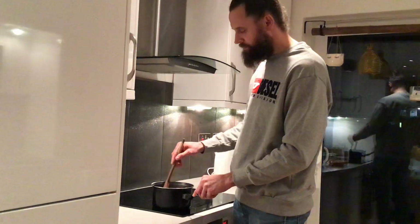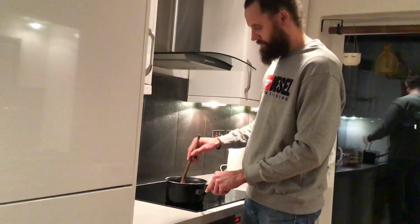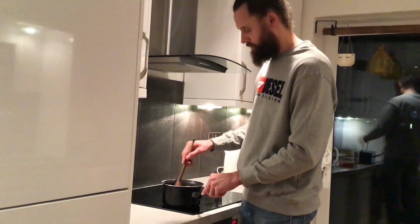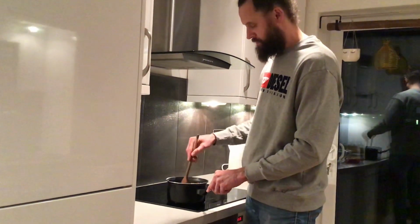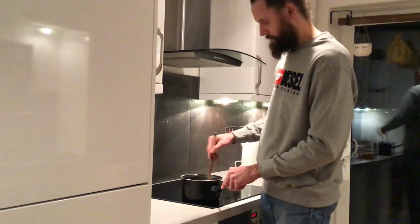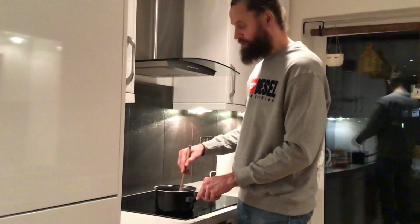It is melting nicely at the moment, so I'm stirring it around. Yeah, almost there. Smells amazing, very, very sweet. Another 10 seconds or so. As you can see, it has now completely melted,